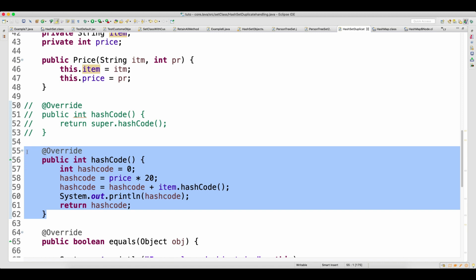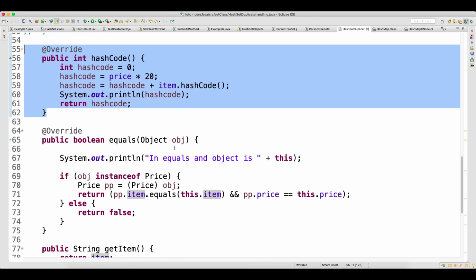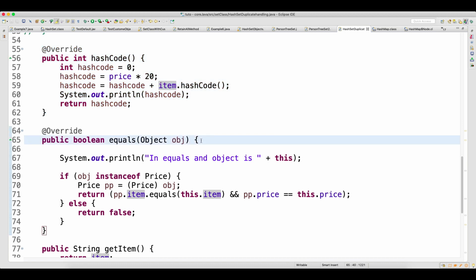Now again, the problem is, even though the hash code is the same, this HashSet will not stop adding it. Only by looking at the hash code, it will not. When the hash code is the same, then it will go and check the equals method. It will check the equality of the object, whether your object is equal or not. Now I am overriding the equals also. Generally, when you don't override the equals, what will happen is it will check the reference of the two objects, and definitely the two object references will not be the same.